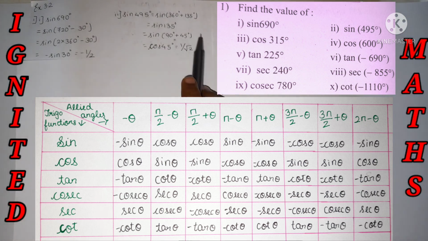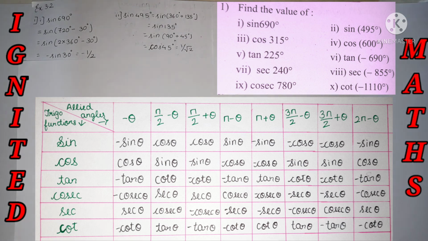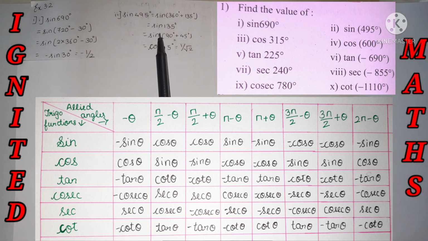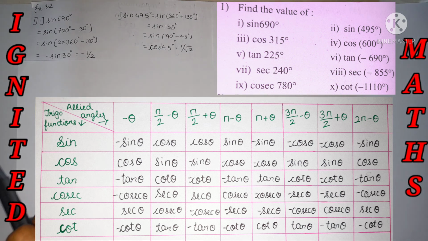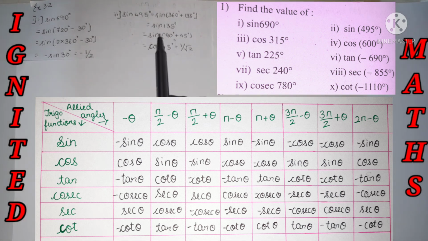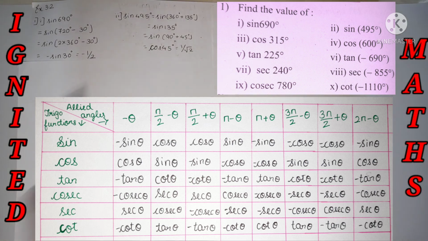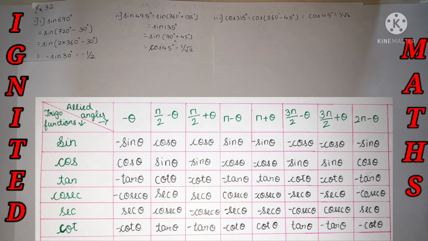But still, for 135 we don't have the value in the trigonometric tables. So again we need to split it by using the trigonometric functions of the allied angles. We can find it. It's nothing but 90 degree plus 45 degree, which is 135 degree. So sine of 90 plus theta is nothing but cos theta, yes, by the allied angles formula. But cos 45 is equal to 1 by root 2 by the trigonometric tables. Start with the third sub question.